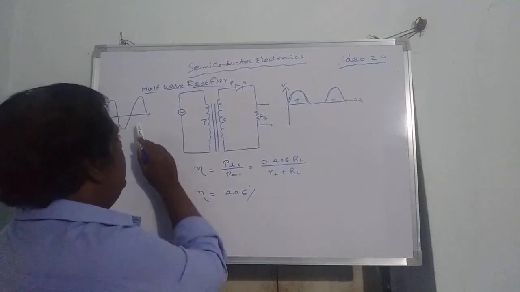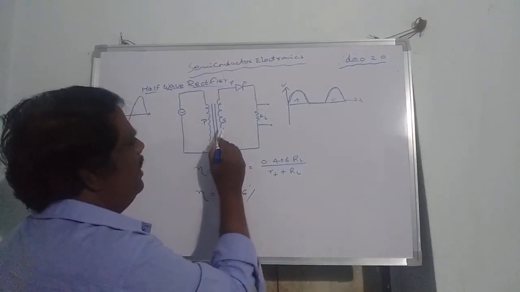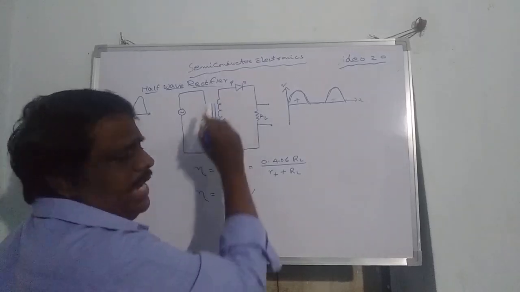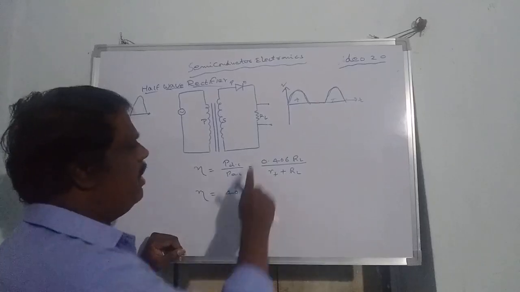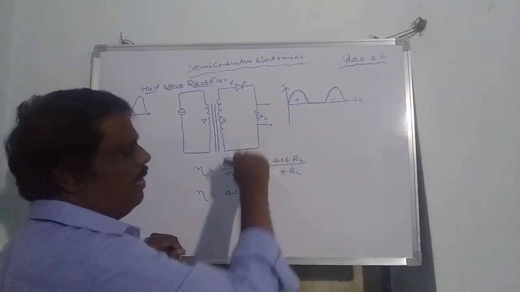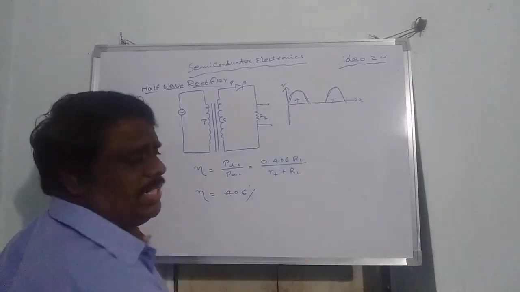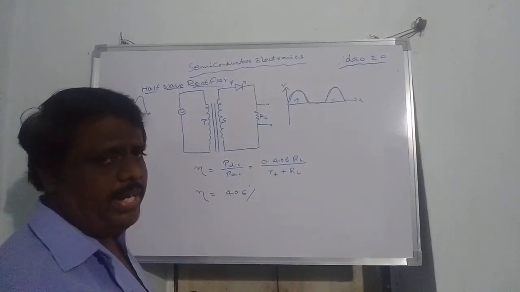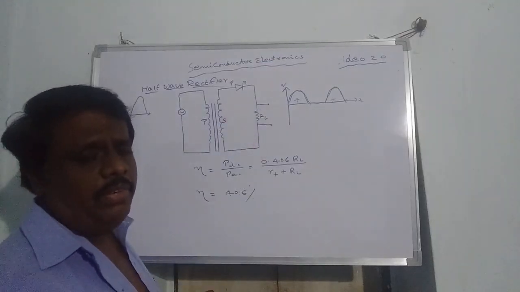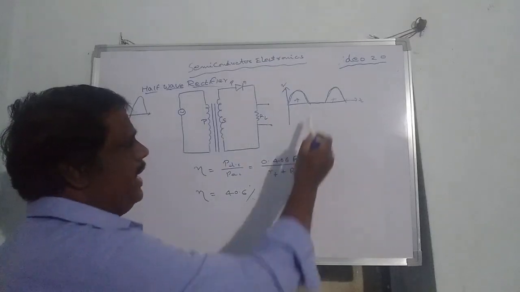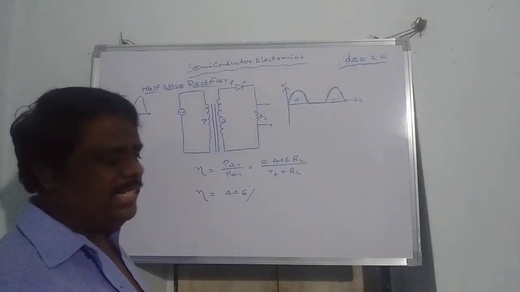Okay, when an AC input signal is fed to the primary coil of the transformer, then during the positive half cycle the diode will be forward biased and current flows through this diode. We can collect the output signals from the load resistance. So we are getting only discontinuous pulses, only positive half cycles. During negative half cycles it will be reverse biased and current will be blocked. So we are not getting any negative half cycles because the output is discontinuous and pulsating.